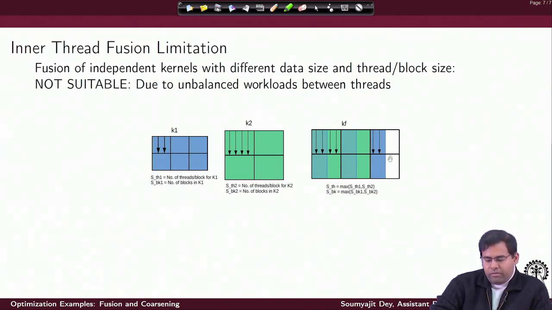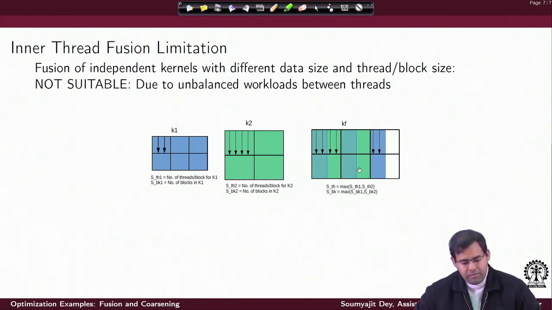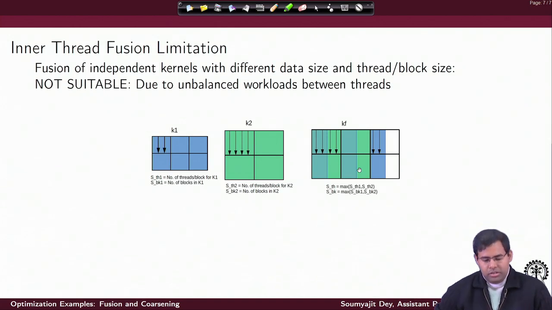So overall in KF I am going to have 6 blocks, and in some of the blocks I have full fusion, so I have 4 threads, while in some of the blocks I have only 2 threads. If we notice the first block, I should have 4 threads. 2 of the threads will execute code for K1 as well as K2, and 2 of the threads will execute only the code for K2, right. And the same pattern will continue for the other 3 blocks also. I hope this is clear why this may not be a good solution in this case.